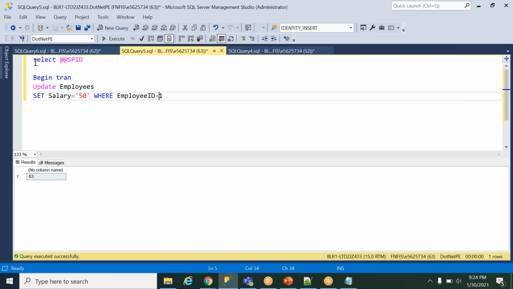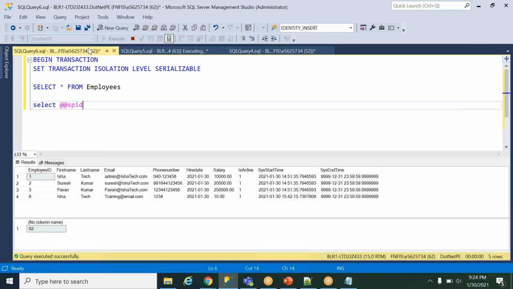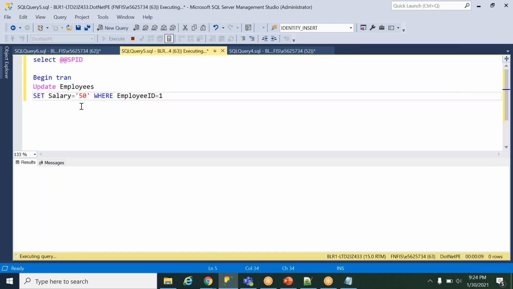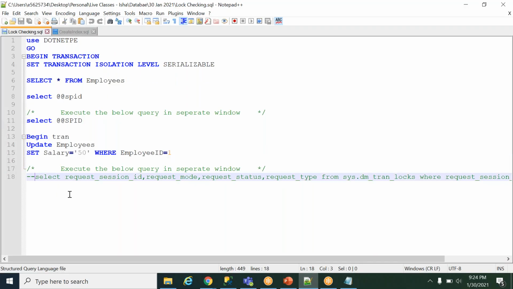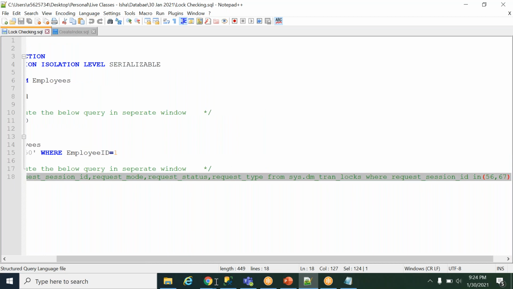Now I run this begin transaction. It is not performing anything, because on the same table one transaction is already going on, so this transaction is not started as of now. I'll show you with an example.